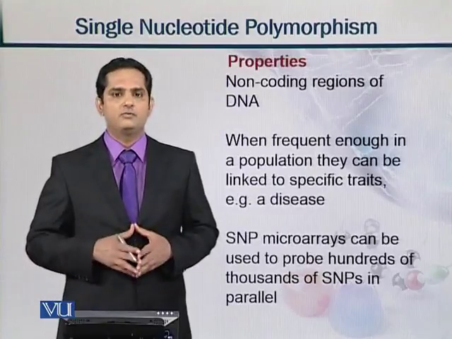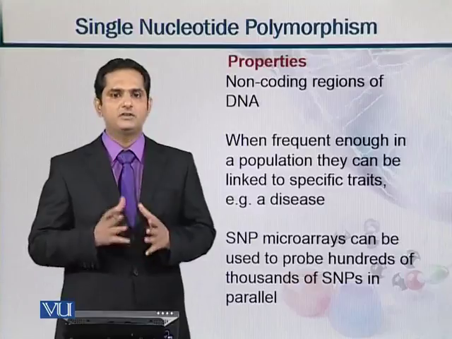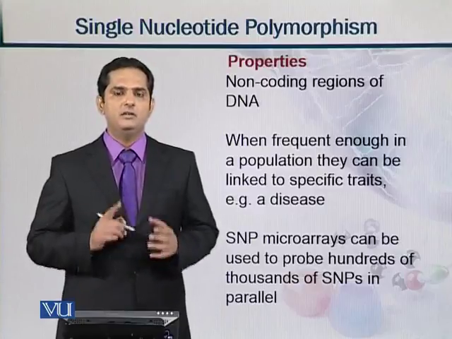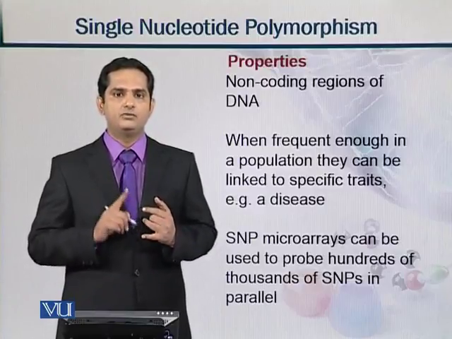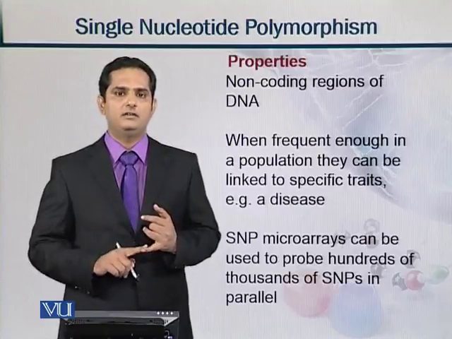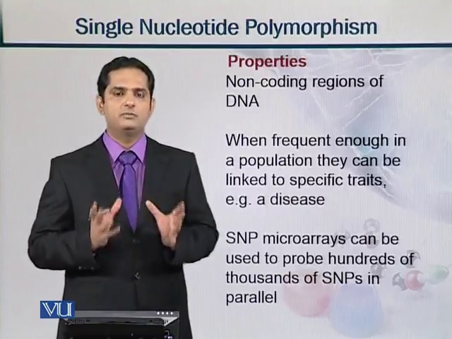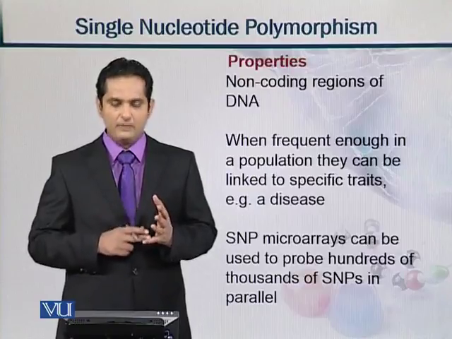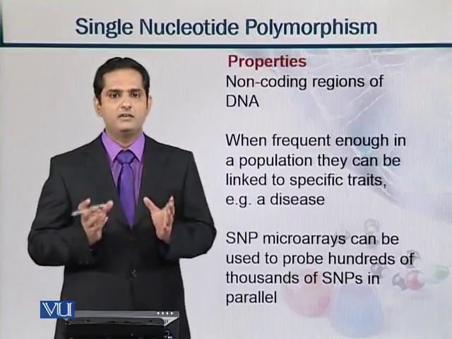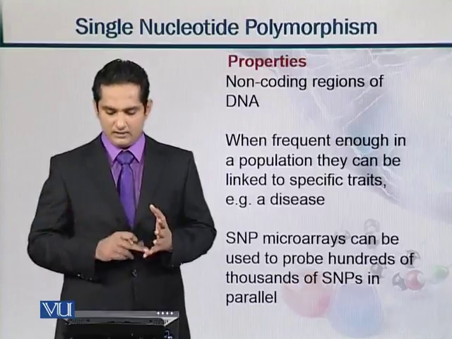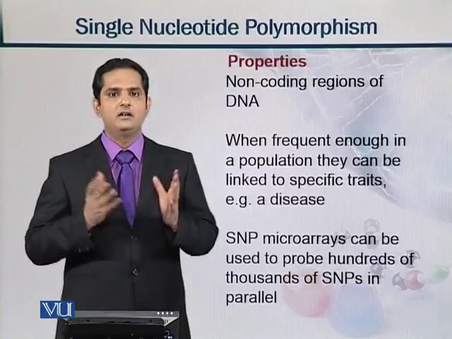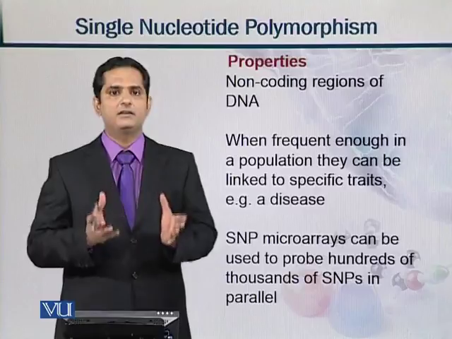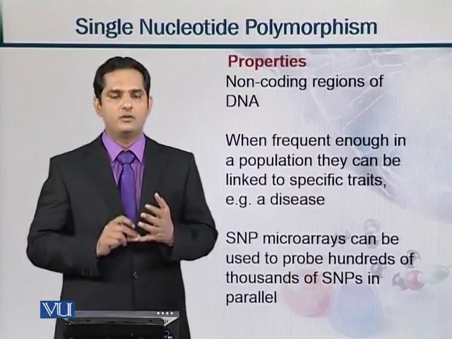So now we should know some properties which are related to SNPs. Number one thing is they are present in the non-coding part of the DNA. That is, they are present in the non-coding part. Then if they are found in enough amount or their frequency is enough, that is, their occurrence is quite high, then they can be useful for finding some disease, that is, then they can link that this information is commonly being found,